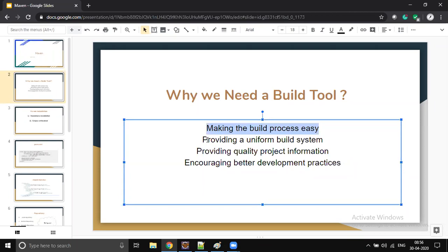And you're going to get a uniform build system, so however many times you run it, the process is going to be the same. You configure one time, and it can be used as many times as you want. And you can provide quality project information and configuration, which means better development practices.